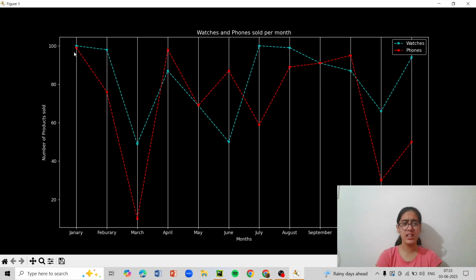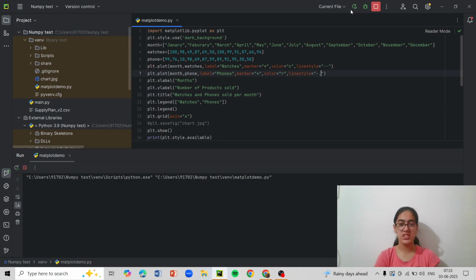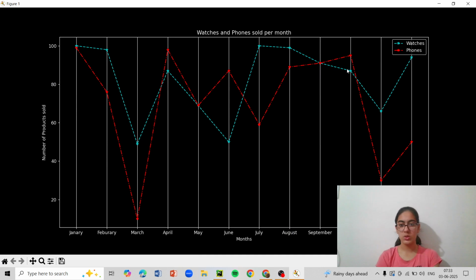Now you can see that there are dot and lines, dot and line, dot and line. So instead of all these lines I can put in dot and line as well. I'll show you how. Instead of this line I put in dot and line in phones. So when we run we should see a dot and line in phones. Back to here, phones is the red one, so dot and line, here we go. And then you can see that there is a star over here. Now in place of the star, if you want anything except a star, we have other options as well.